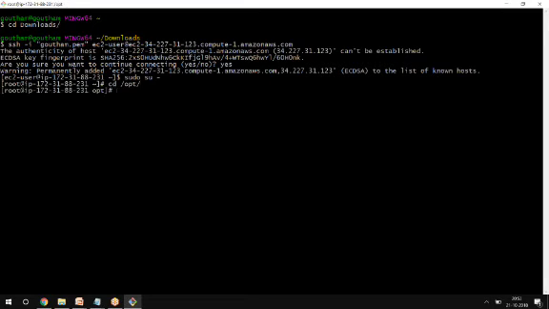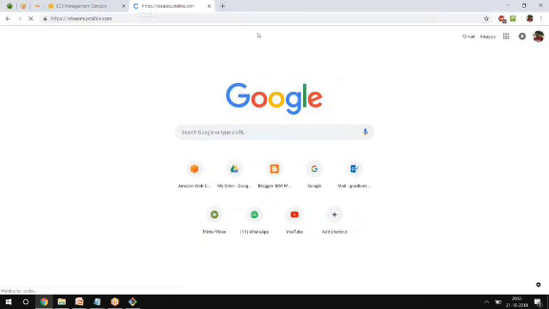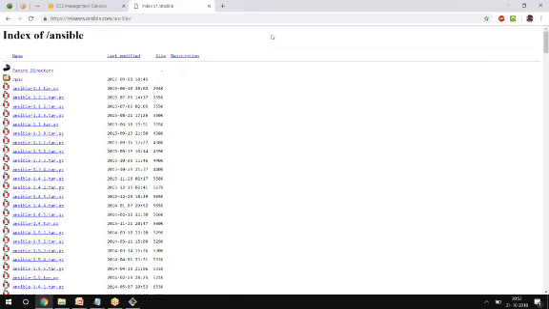Let us install Ansible. To download Ansible, Red Hat maintains a specific site for it, which is called releases.ansible.com. So here you can go and download Ansible directly. This is the open source version. There is also a paid version. The only difference is you get support for that, and here you don't get support.